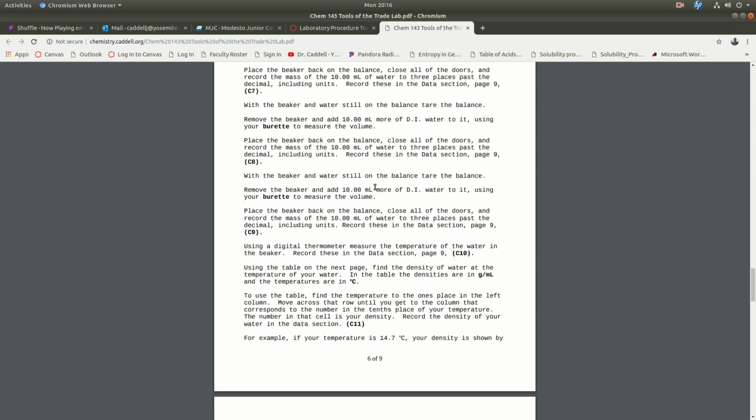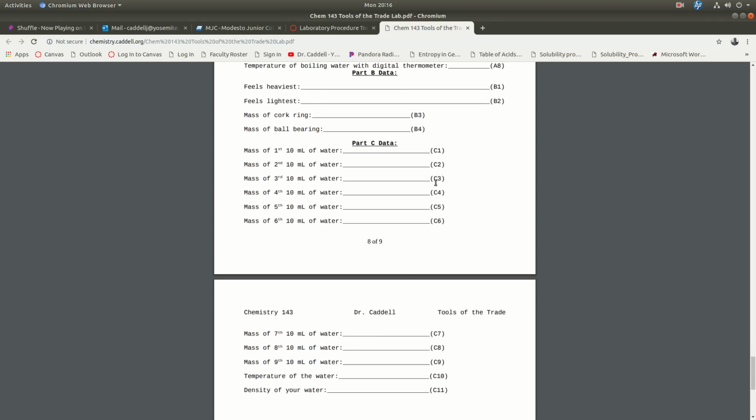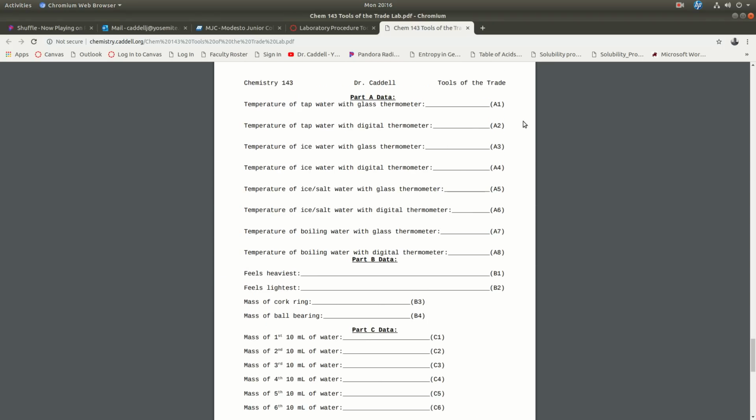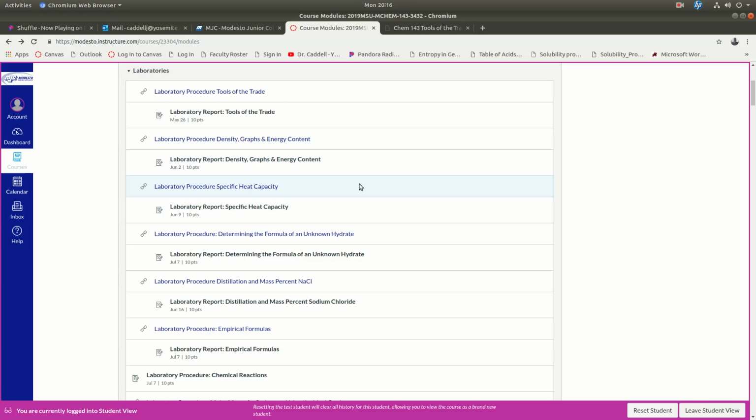After that is the data table that starts right here. And the data section, you have to actually have printed out and with you physically on paper, because you're going to fill this in by hand as you go through and do the experiment. You're going to fill in these blanks here. So you come in, you follow the procedure, get your data, fill in the blanks, and then when you go home,